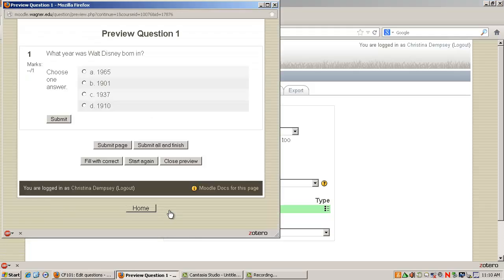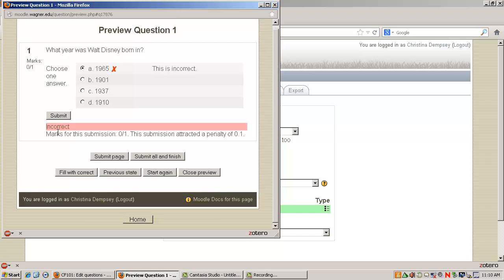You can see that the format of what I put into Moodle is reflected here. So let's choose a wrong answer. 1965 is incorrect. If I submit it, it gives my feedback of incorrect, and it tells me how much I've been marked for this. If I click the correct answer, which is 1901,